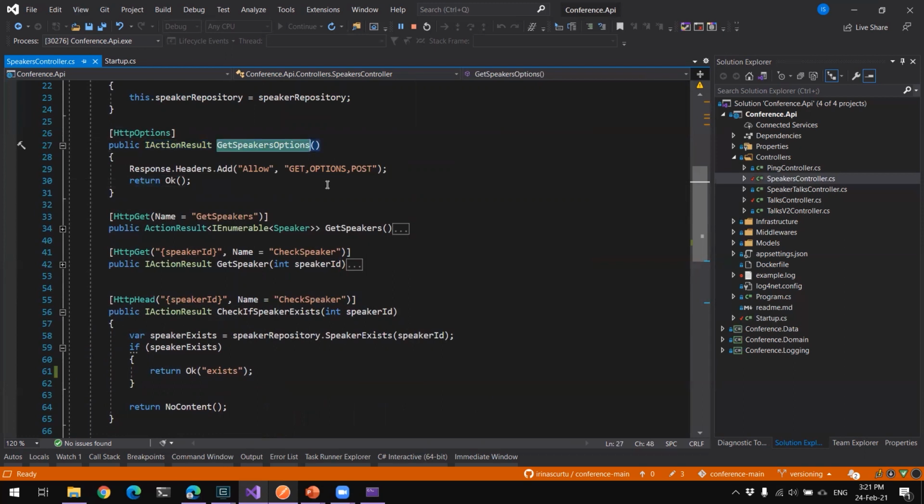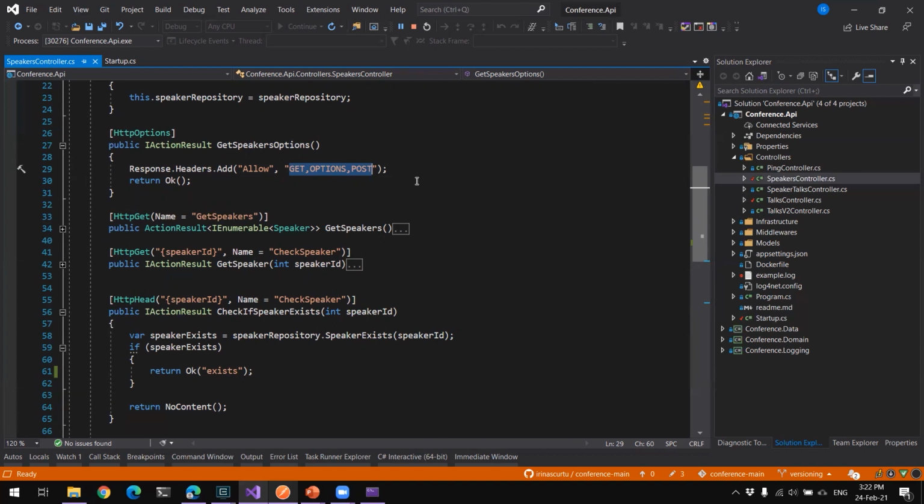It has a very important role in terms of security. This will tell, on a specific endpoint, what the client is supposed to do or allowed to do. And the HTTP OPTIONS is basically implemented like this. You add in the response headers the Allow header, and you specify the verbs that the client is supposed to do.